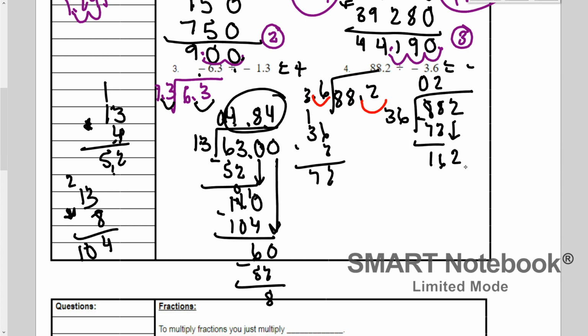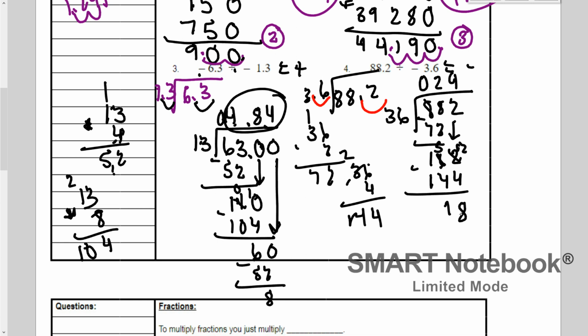36 can go into 162. Let's guess maybe like 4, because I'm thinking it's going to be around like double 72. So 36 times 4, 6 times 4 is 24, 12, 144. Yep, that's as close as we're going to get. So we'd subtract 144, that was 4 times. Have to borrow. Okay, left with 18. We have a remainder, we have no more numbers left, so here's where we'd have to